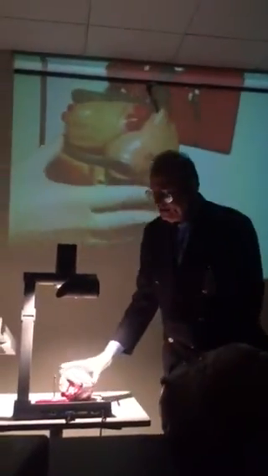The definition of a vein is any vessel which carries blood into the heart, no matter whether it is oxygenated or deoxygenated blood. If it carries blood to the heart, we call it a vein. Here, this is the pulmonary vein, which is carrying blood from the lungs to the heart. Although it is known as a vein, it contains purified or oxygenated blood, because in the lungs it is oxygenated and then it goes.